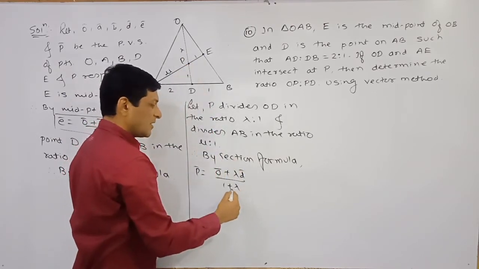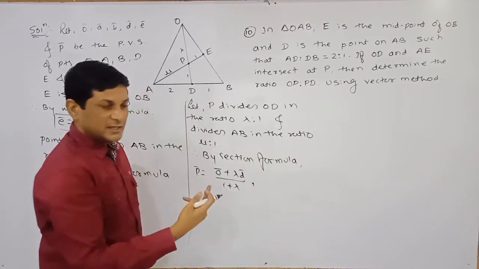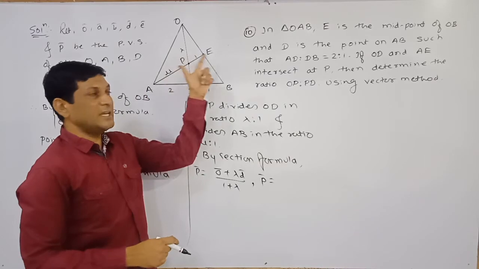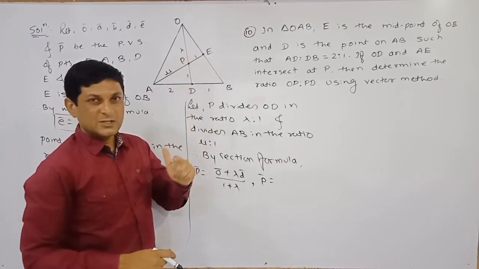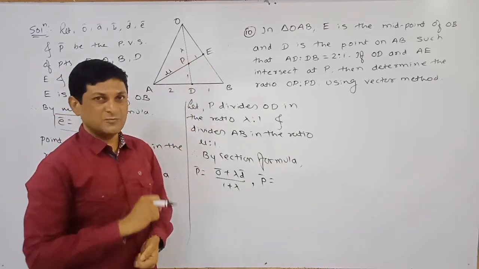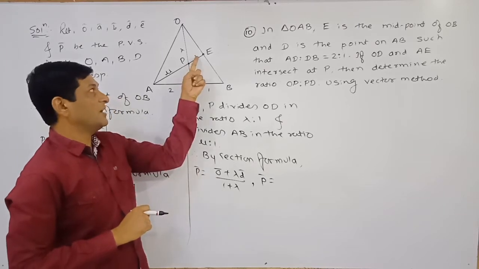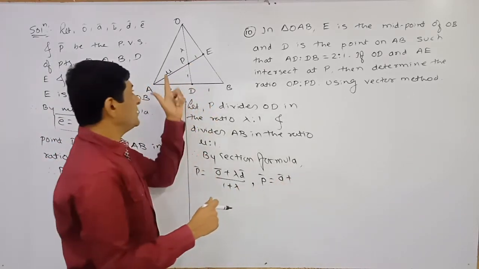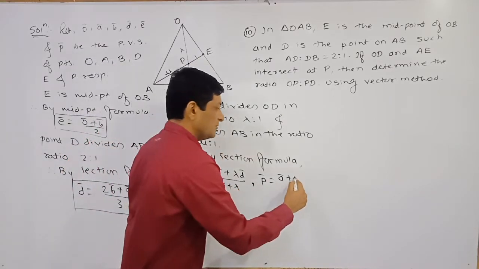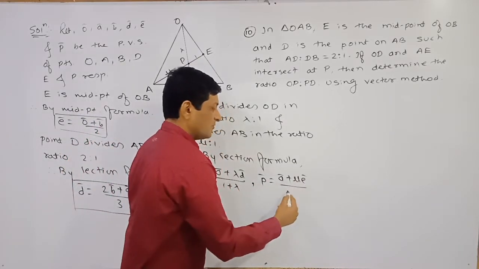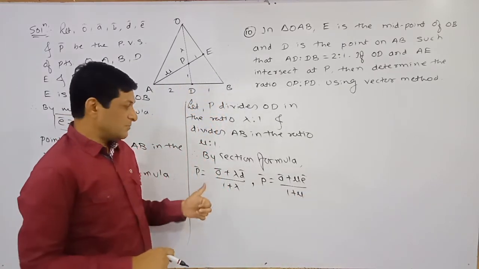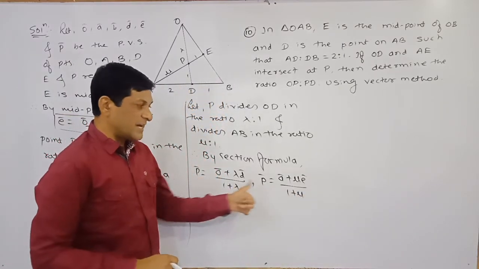This result we have got applying what? Section formula. In the same way, again what is our supposition? That point P divides AE in which ratio? Mu is to 1. So here also we are able to apply section formula, and according to section formula, 1 into P bar will be equal to A bar plus mu into E bar, which will be equal to mu E bar upon 1 plus mu. Now, in this case, if you observe both the expressions, check whether their left hand sides are equal.